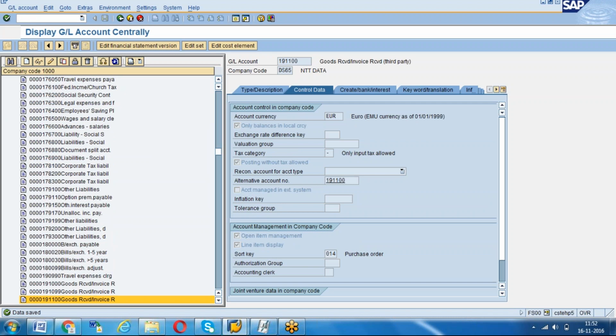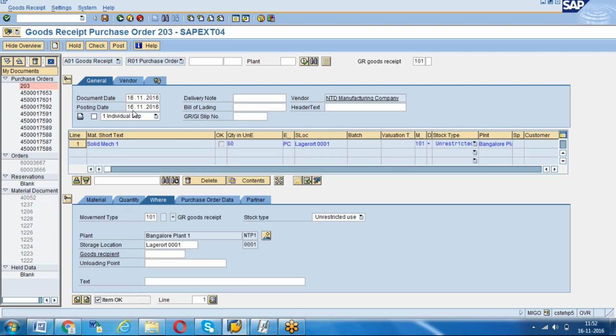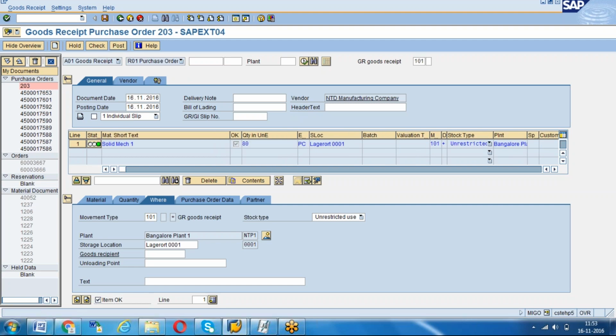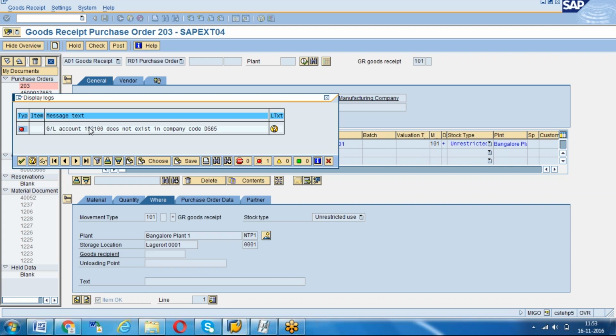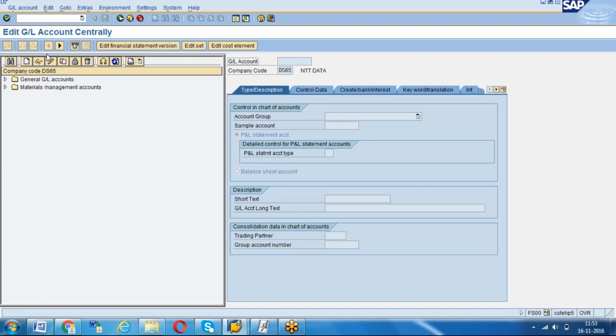Now we are going to do the MIGO. Purchase order is 203, and click on check. Document is okay. Now post it. 192100. Whatever the GL accounts are supposed to be created, we have to create everything.